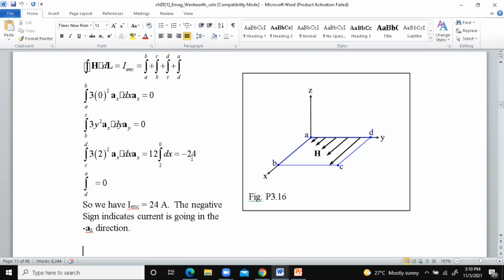And these ones, because the y component is 0, times 0 plus